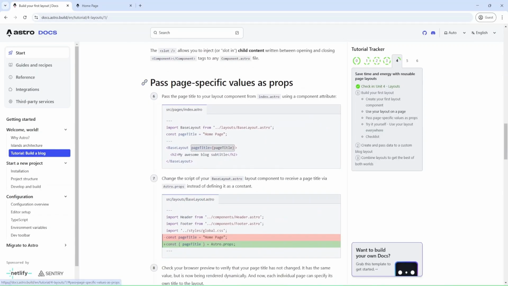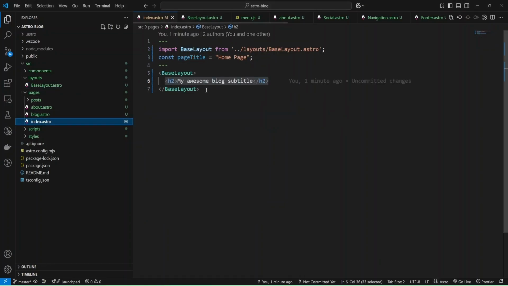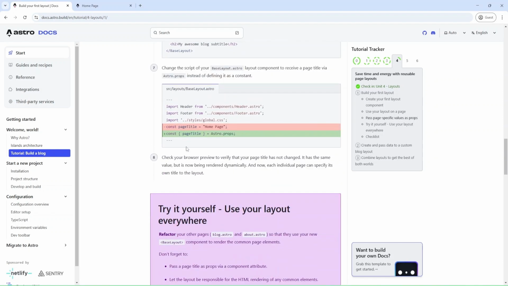And pass page specific values as props. We can use props, and let's try it. Inside base layout in our index file, I'm going to add a page title prop. Let's go next.